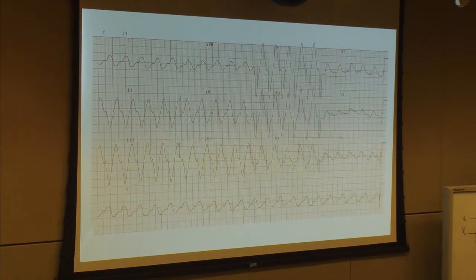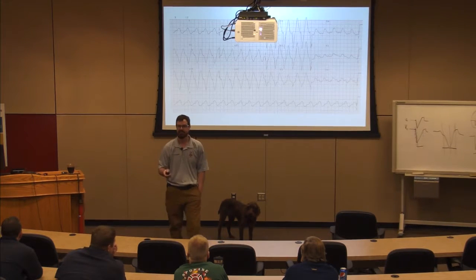Is there any kind of an indicator there also? You mean notching in the downslope? Yes. The times where notching in the downslope is really beneficial is when you're trying to distinguish SVT with a left bundle branch block from VTAC.